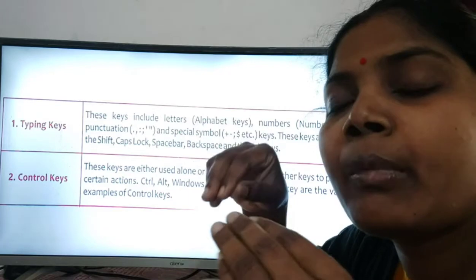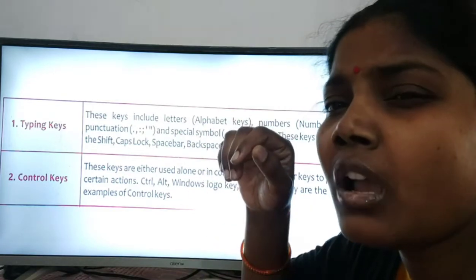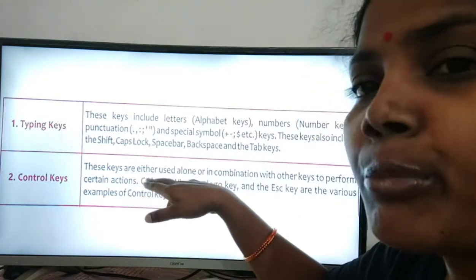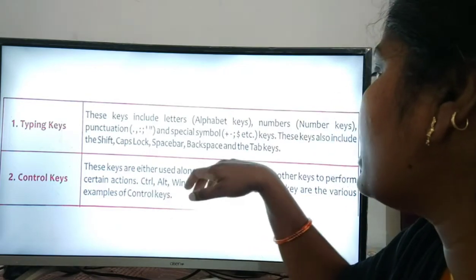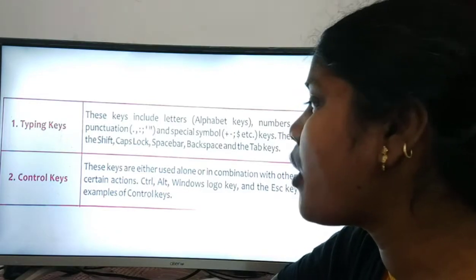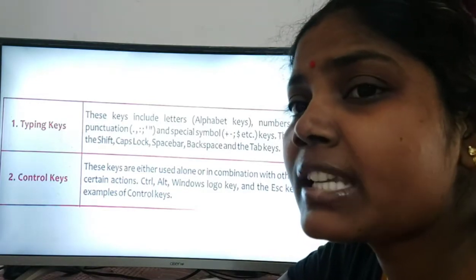But mostly we use combination keys with the control keys, and then we can do our work on a computer. Control, Alt, the Windows logo key and the Escape key are examples of control keys. So which keys are called control keys?